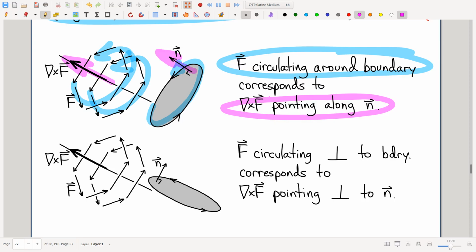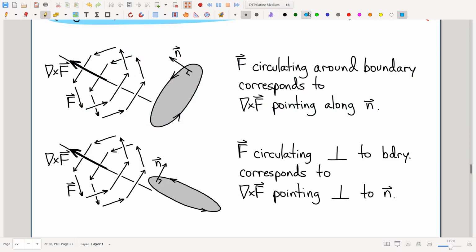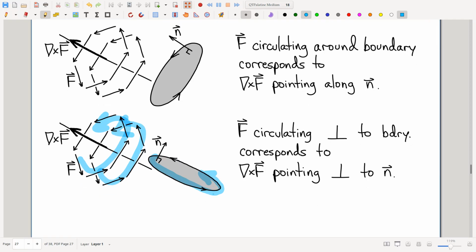Right? And just by contrast, what does it look like when it doesn't happen? What does it look like when the circulation is just totally different direction? So here we have a circulation of fluid, but the boundary is just going a different way, right? To what extent is that fluid going around that? This boundary is turning in a totally different direction. We wouldn't expect there to be much circulation on the boundary of this little piece of surface. This circulation is going a different way. So basically not much circulation,